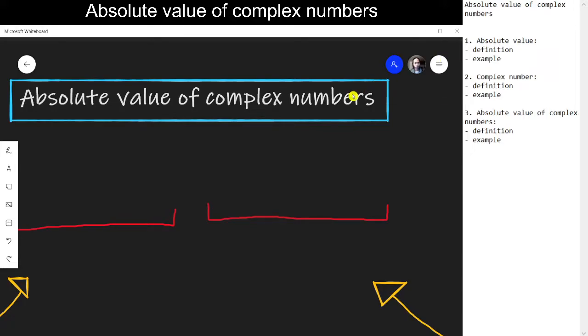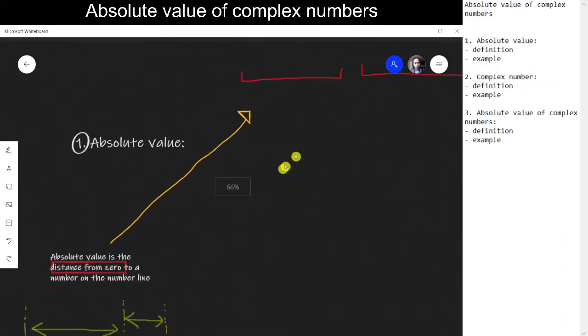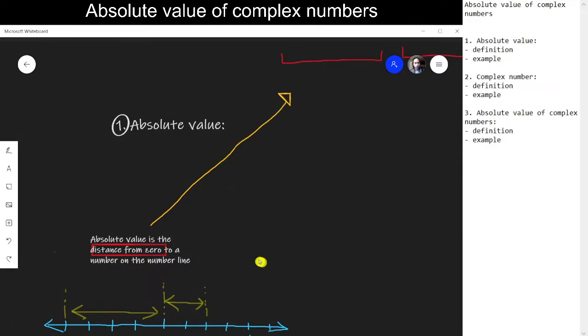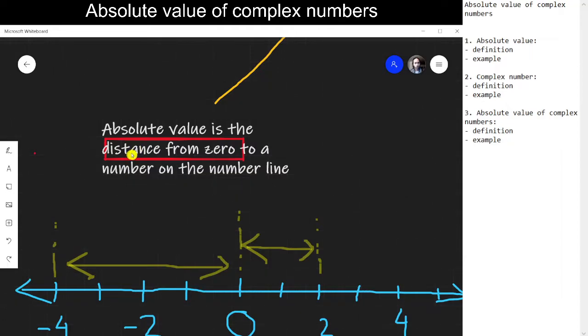Absolute value of complex numbers. I'm going to divide this phrase into two terms. First is absolute value, and the second one is the complex numbers. So first, when I go to the absolute values, we have by definition, absolute value is the distance from 0